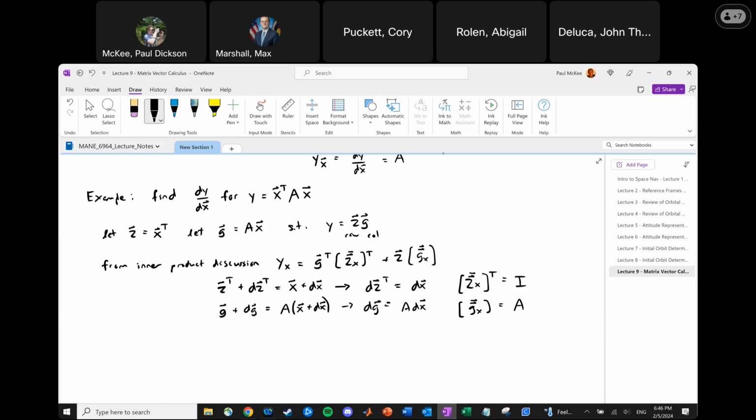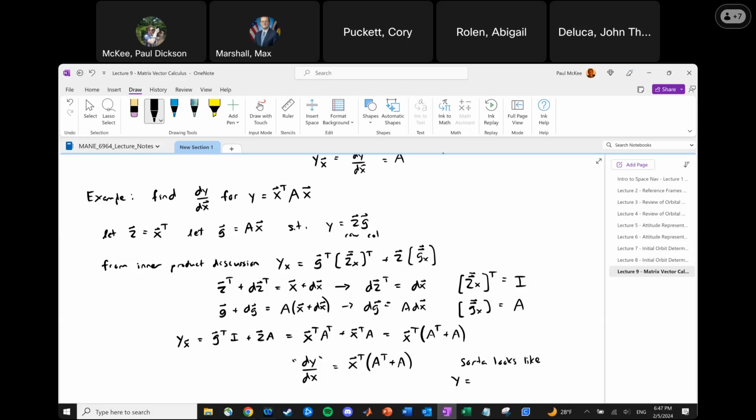So if we're going to piece this back together, then Y sub X is G transpose I plus Z A. Or if we're going to go back to our initial setup, it's going to look like X transpose A transpose plus X transpose A. Or we could say that it is equal to X transpose times A transpose plus A. So, now for the punchline, dy dx is equal to X transpose times A transpose plus A, which, in my opinion, sort of looks like